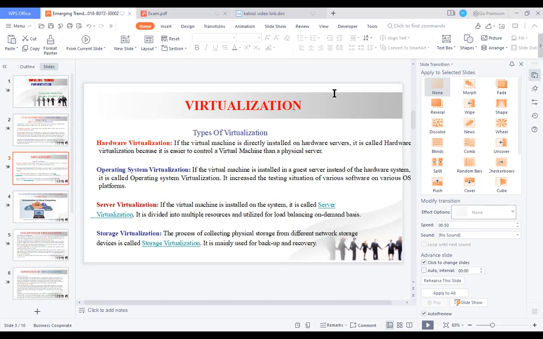Then you have another one which is called server virtualization.